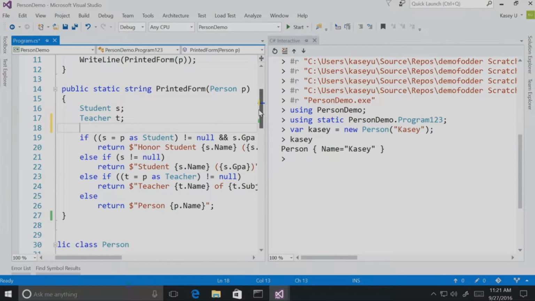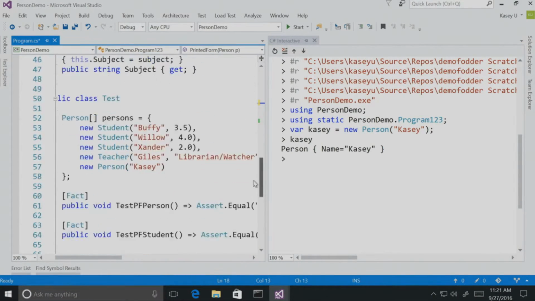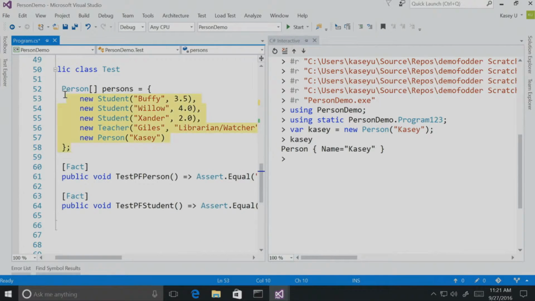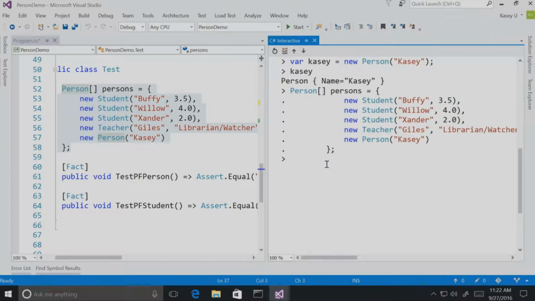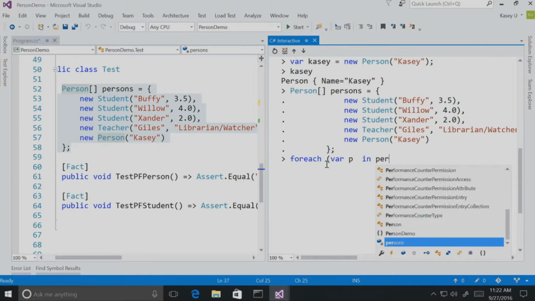So what's wrong with my test here? Or what's wrong with my code? So I can now, also in Update 2, send code snippets from the editor to be executed in this interactive window. So if I click Control-EE, you can see it now put this persons array over here, and now I can just start playing with it. So if I just write a simple foreach, where I go over every person in persons,